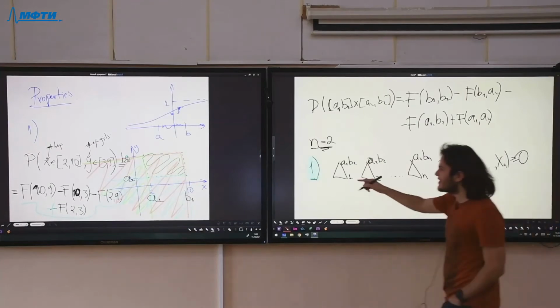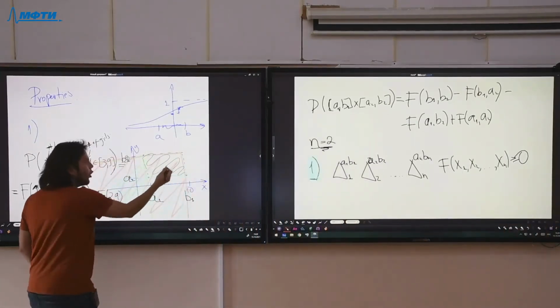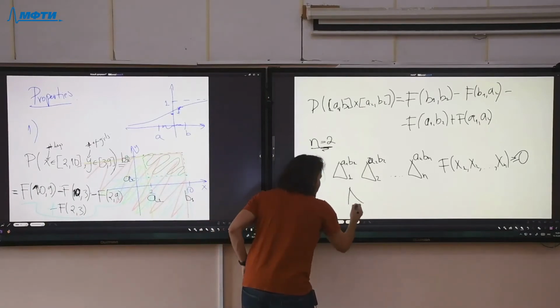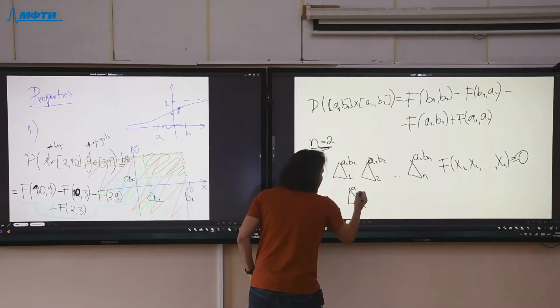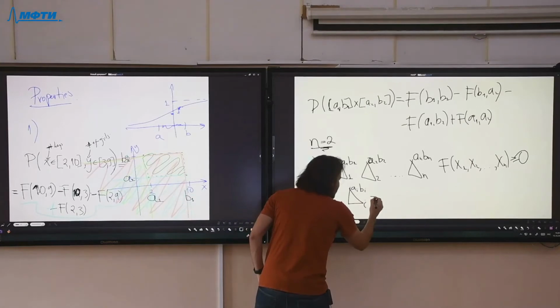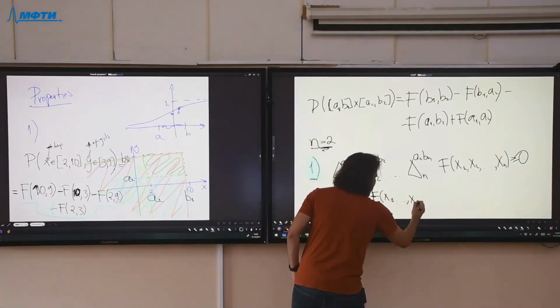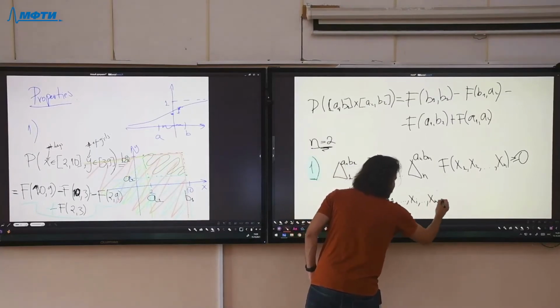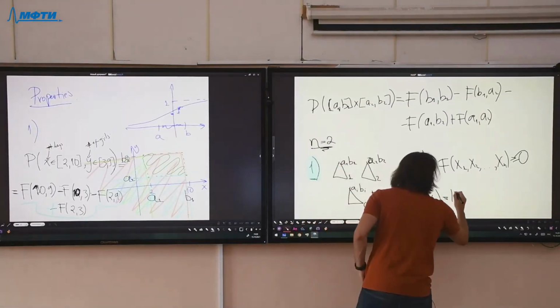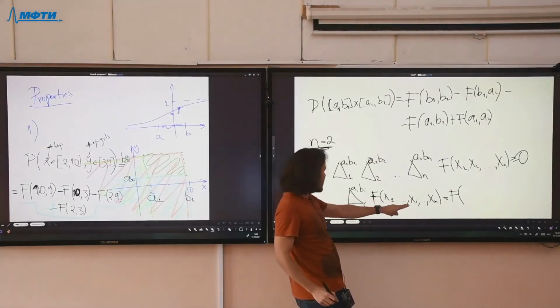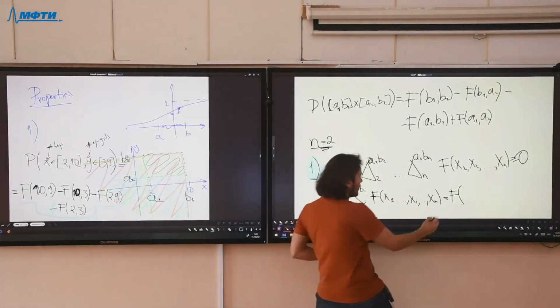So this area should always be greater or equal than 0, where each delta i of ai and bi means f of everything, but instead of writing xi, we write bi,